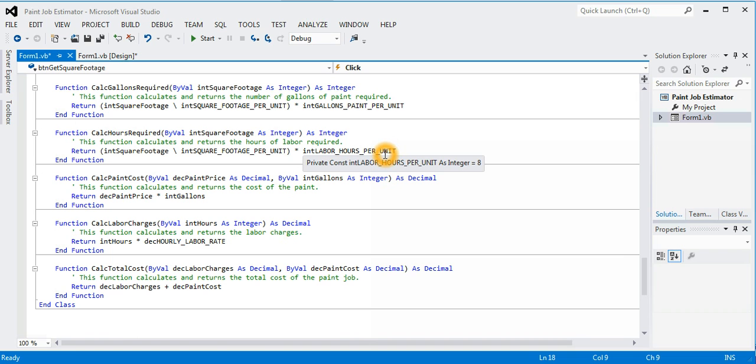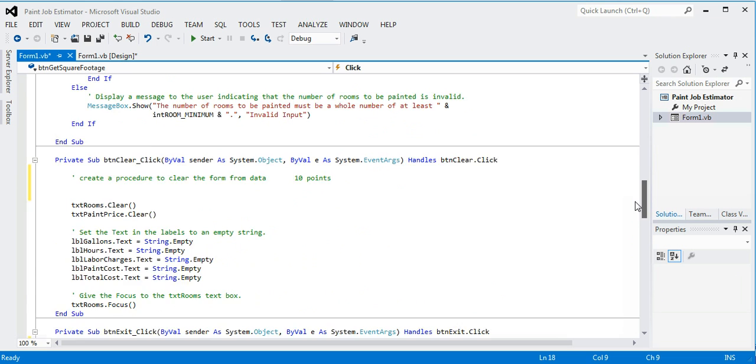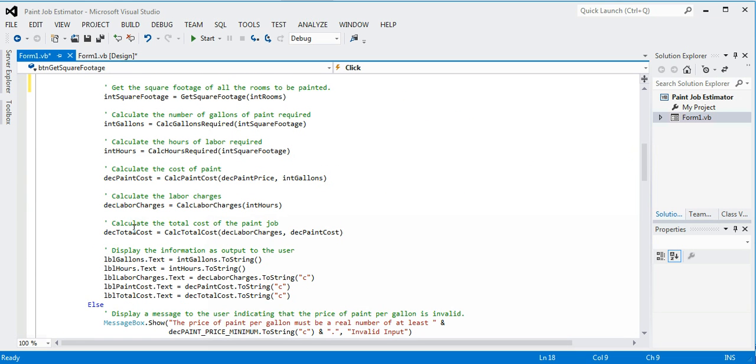Okay. The function below that is calculate paint cost. So we're going to take the paint cost times the gallons that we calculated from up above, and it's going to give us our total cost for paint. Our labor charges, of course, we're going to take our labor that we've calculated, multiply that out, and then we're going to do a total cost and add the information together. All right. So basically, whenever we're calling, all we're doing is passing the information that we need to those particular functions down below, and then they're going to do those calculations and set the values for each one of these